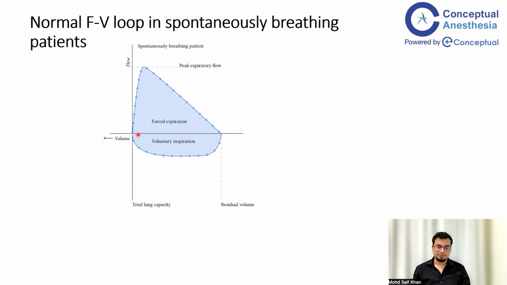The upper part is basically expiration. You have to inhale to the maximal total lung capacity, so this volume here represents the total lung capacity. You have to maximally inspire like this, and then forcefully and maximally, as much as you can, expire like this. So this graph will be obtained. You need to expire forcefully, rapidly,